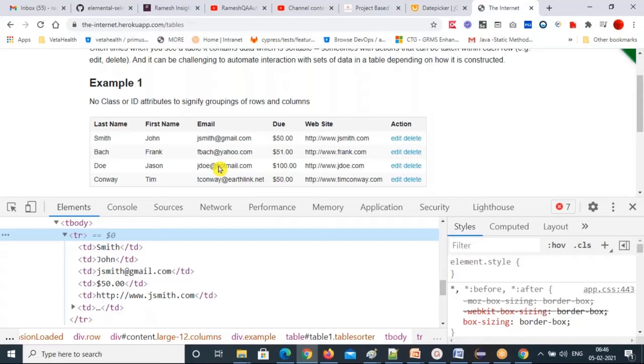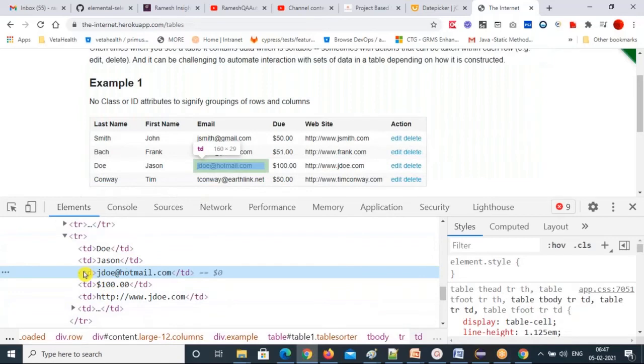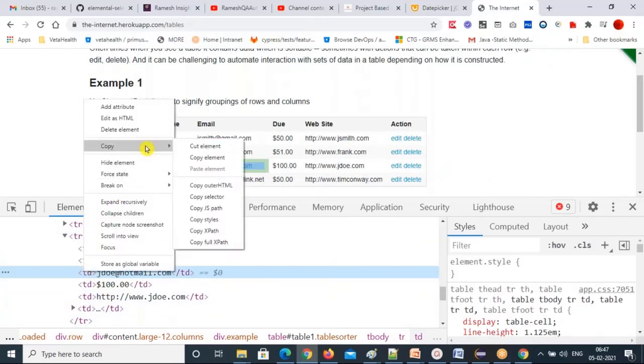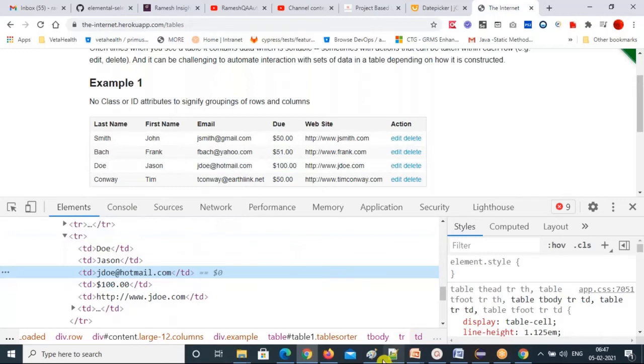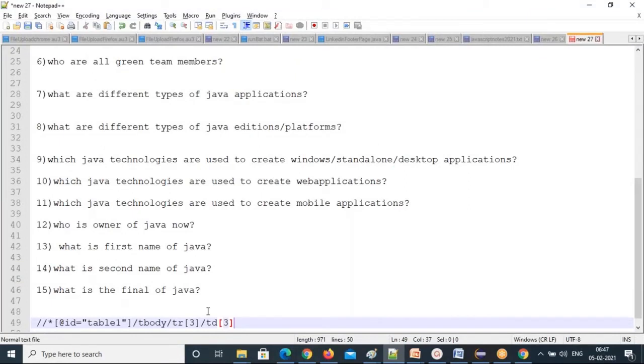In that, you give the rows count and columns count. You construct an XPath to get that, and whenever you call this method, you just pass the rows and columns count. Then it has to get that cell address. So try to build the XPath, observe this and construct it. If you don't know, just right click here, copy XPath, and analyze this XPath. This is the one, TR3, TD3.